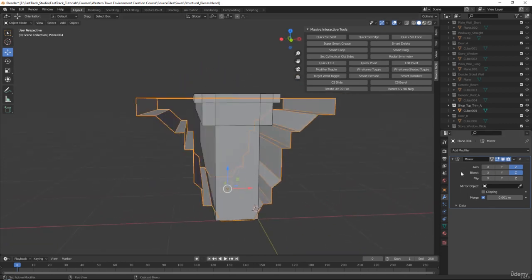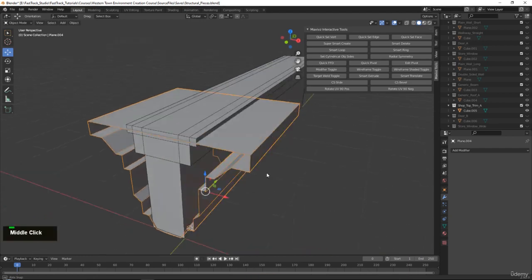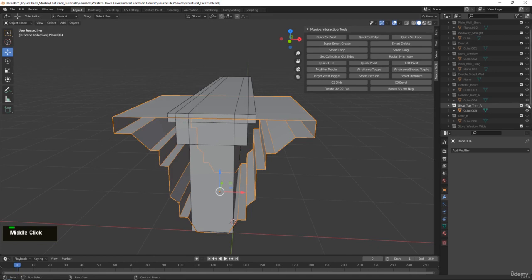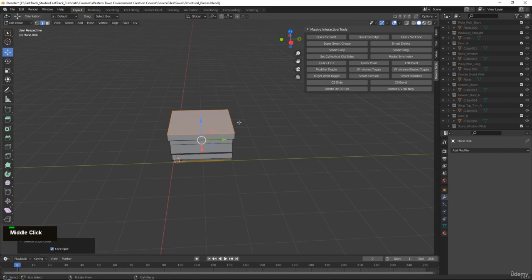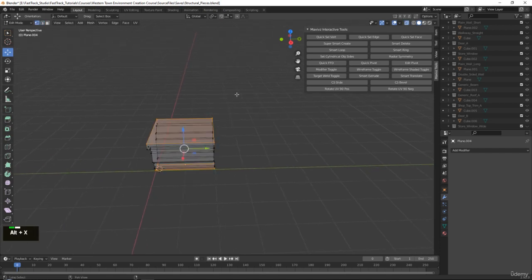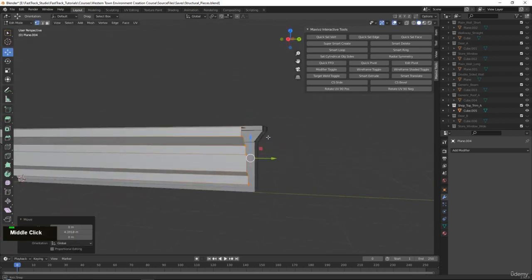At this point we can press Ctrl A on our modifier to apply it. With this done, if we turn off our shop trim, we can select these two pieces and delete the edge loops this time. And now if we go to vertex mode, select this side, shop trim A, I want to move this